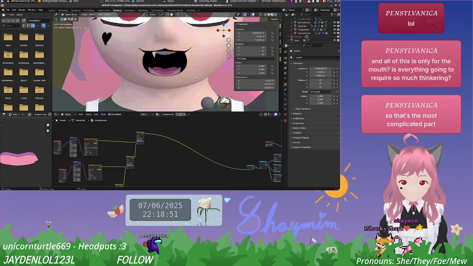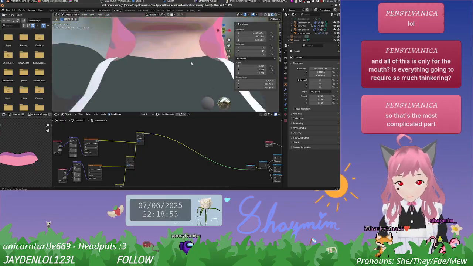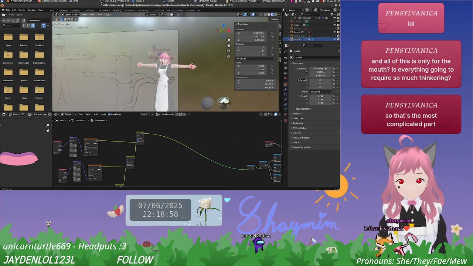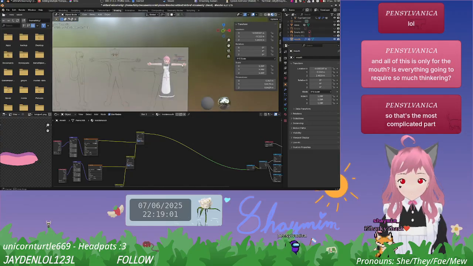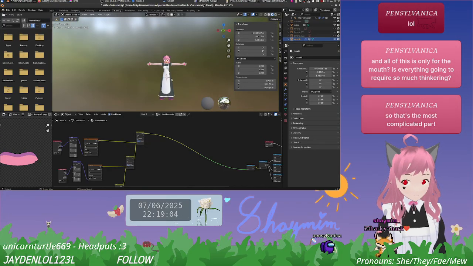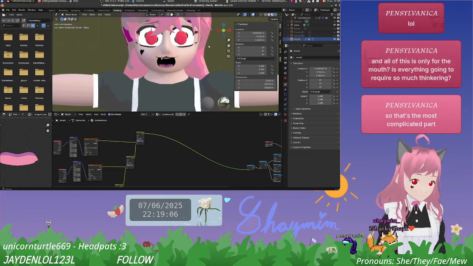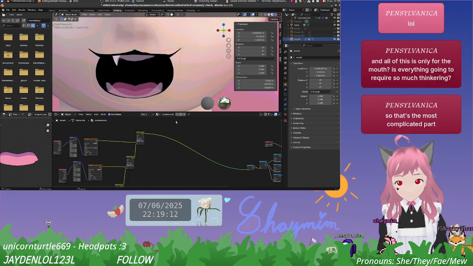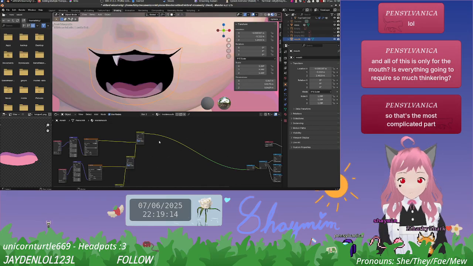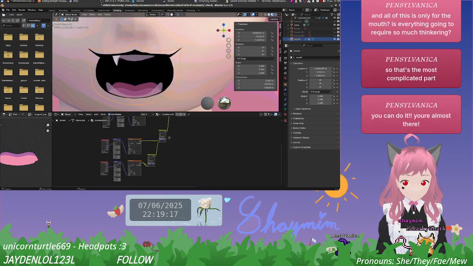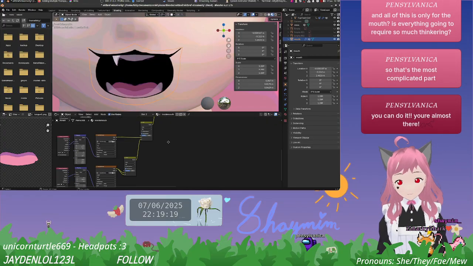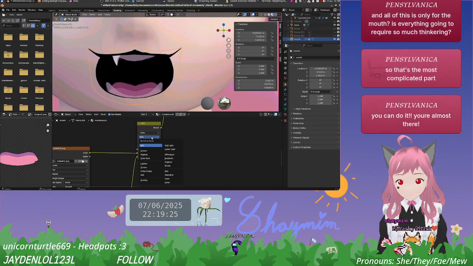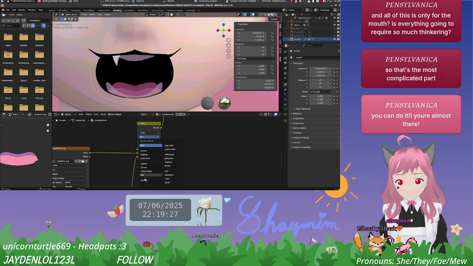Although actually, modeling the whole thing has been tricky too, because I made my own reference image for this. You see. And it's not the most detailed reference ever, which made it a bit harder. But on the right side, that does mean I did it fully myself from the ground up, right? So basically what I'm seeing is that you can do it, yes. Yes, indeed. Just have to figure out overlay, maybe?